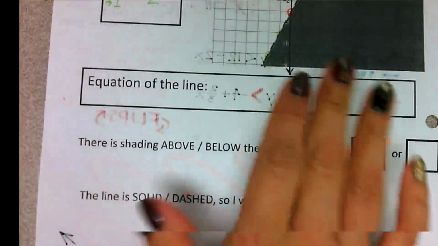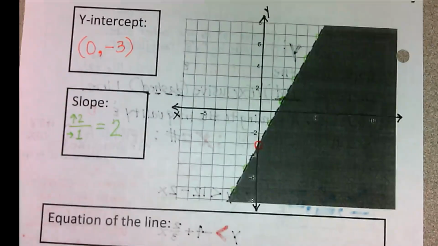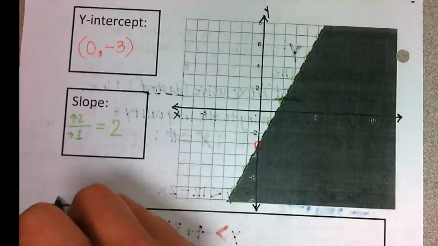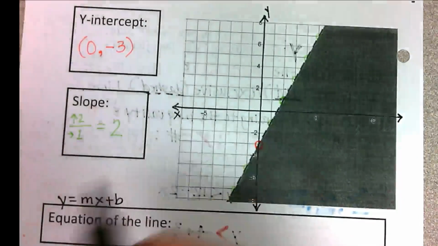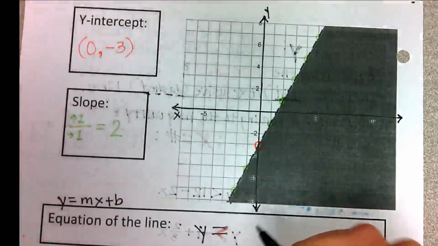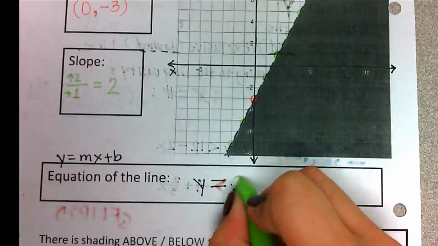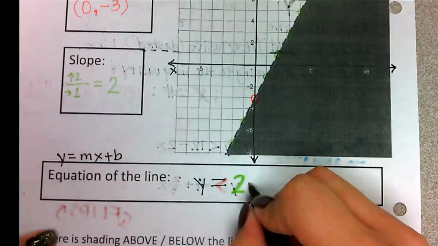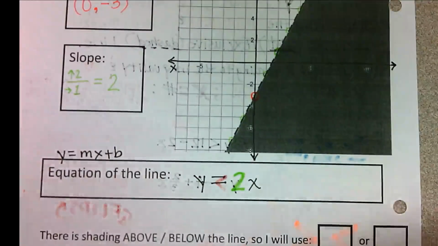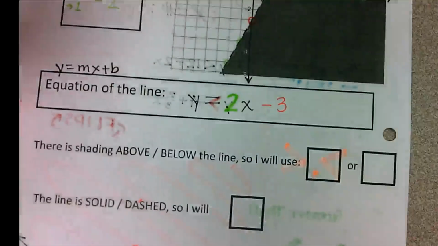All right. Now, if this were just a regular line and I asked you to write out the slope-intercept form, y equals mx plus b, that one should be fairly simple. I would write y is equal to my slope of 2x, and then my b is actually negative 3. But this is an inequality, so